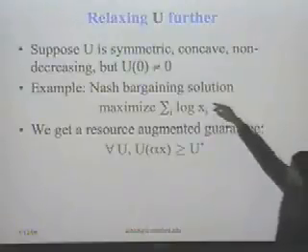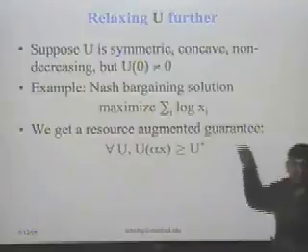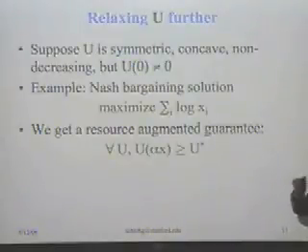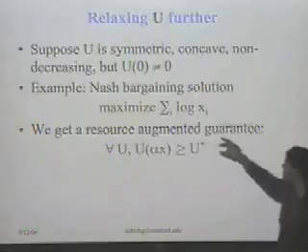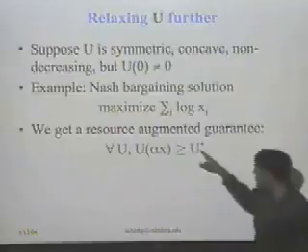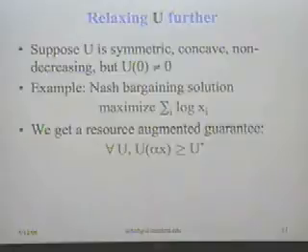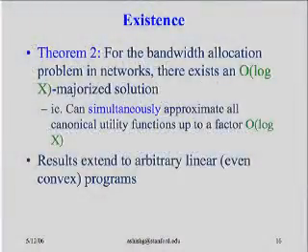And the reason is that this function represents the Nash bargaining solution, which is axiomatically derived. Nash gave some axioms of fairness in the context of individuals who are bargaining with each other, and he said this is the right function to optimize, subject to whatever constraints you have. So even with functions of this form, we end up getting what I call a resource augmented guarantee. What you get is not that u(x) is greater than or equal to u star by alpha, but that u(alpha x) is greater than or equal to u star. So if you are given only alpha times more resources, you could be as good as the optimum. This is a slightly weaker guarantee.